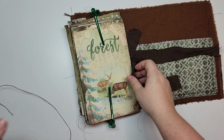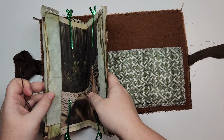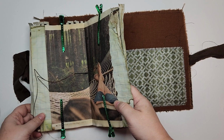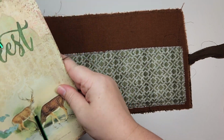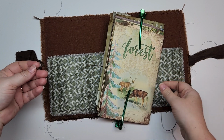And we are ready to begin. Gotta get those ties out of the way. I've accidentally sewn through my ties, so I'm extra careful about that now. So starting out, we go through the middle, pull it through, and I'm going to keep pulling